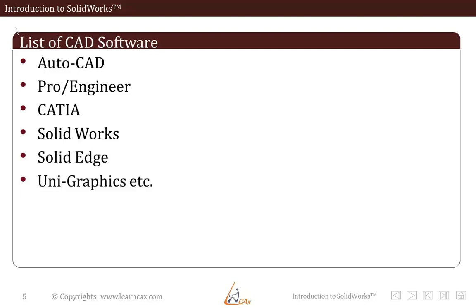Every single software is specialized in some or the other operation, which we saw in the last slide. For example, AutoCAD is specialized in generating 2D drawings. Now they have also come into 3D domain. Then Pro Engineer is good in solid modeling. Even SolidWorks is well known for the same purpose. CATIA is very good in surface modeling. Even Unigraphics for solid modeling.